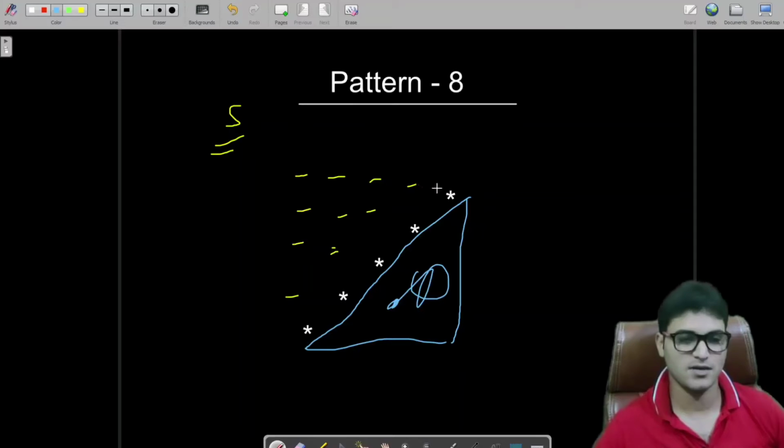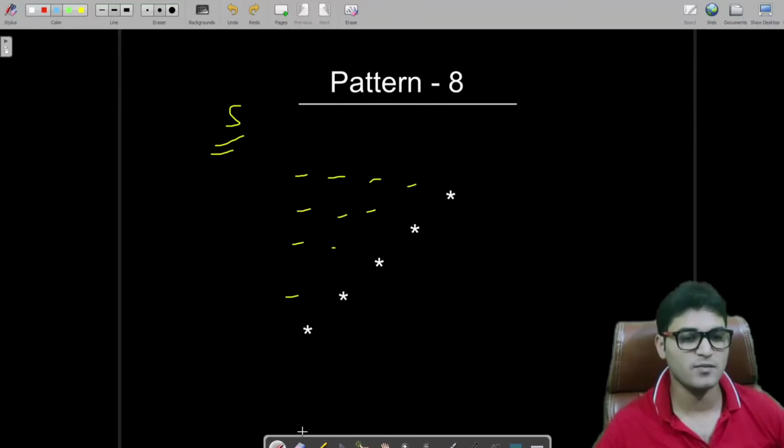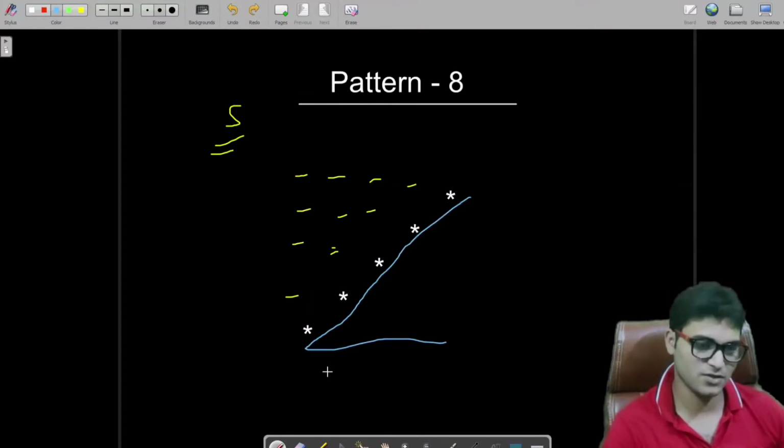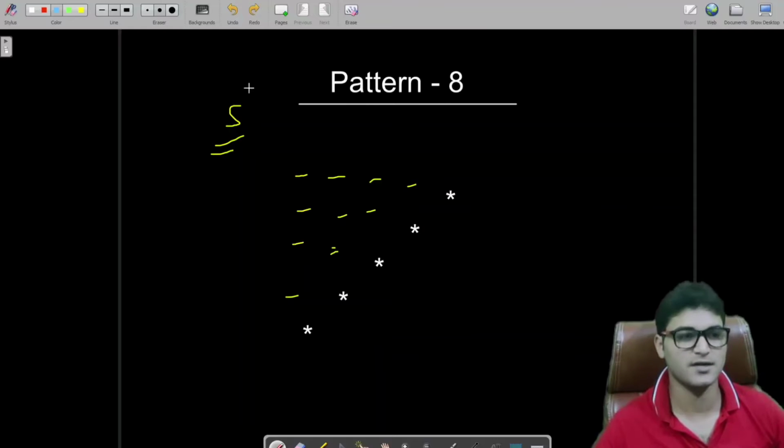Why? Because as I have already explained in my previous video, we will print this, and immediately after this we will break the line. We will print this, immediately after this we will break the line. So that's how we used to print the pattern. Again, what we have to do is analyze the number of spaces and the number of stars, which is our most important drill.